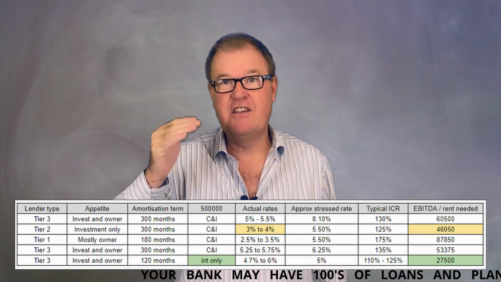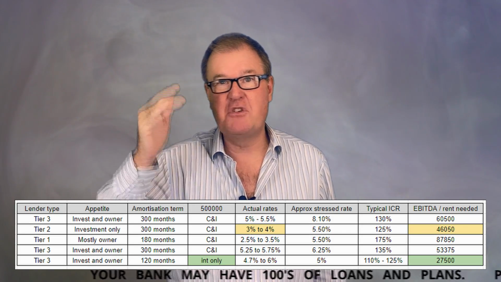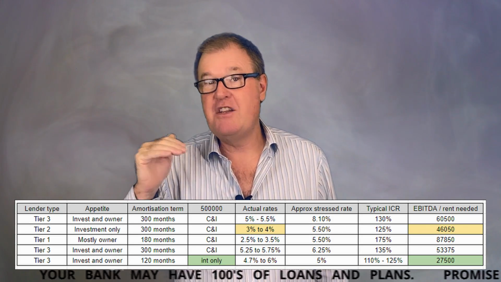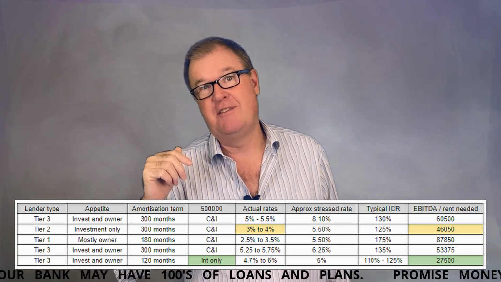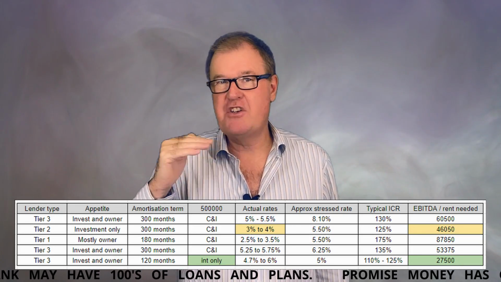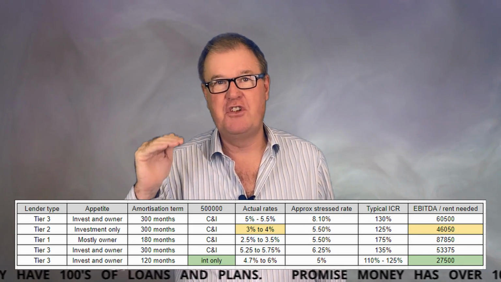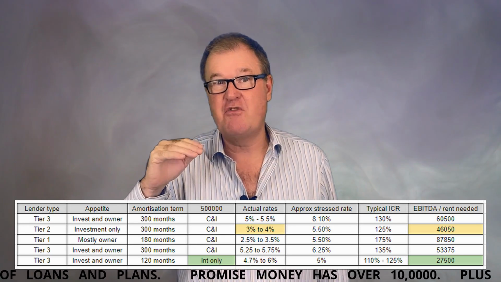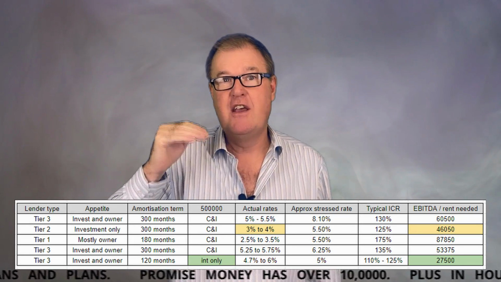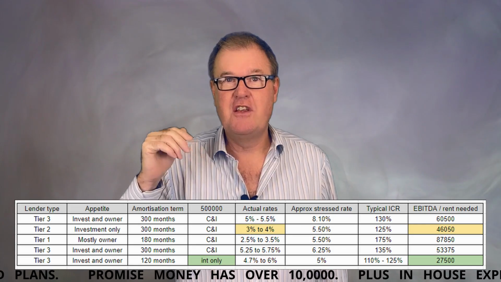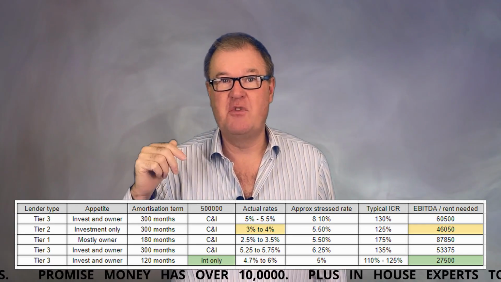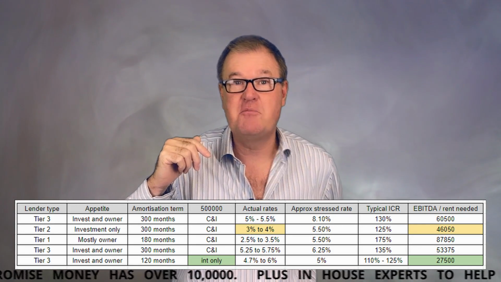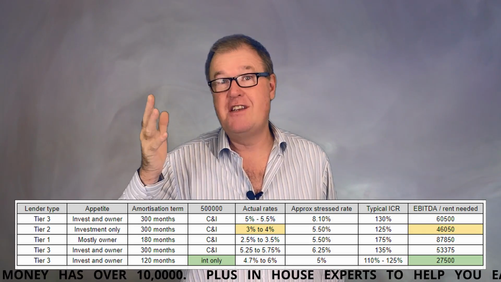Another tier 3 lender, £53,000, similar to the one at the top. But then at the bottom, we have got interest only. Now, most high street lenders don't like interest only. They just don't want to do it. Some of the tier 2 lenders look at it. Tier 3, yes, they will consider it in some cases. But if you look at the affordability that you need to get that £500,000 loan, you can see it's £27,500